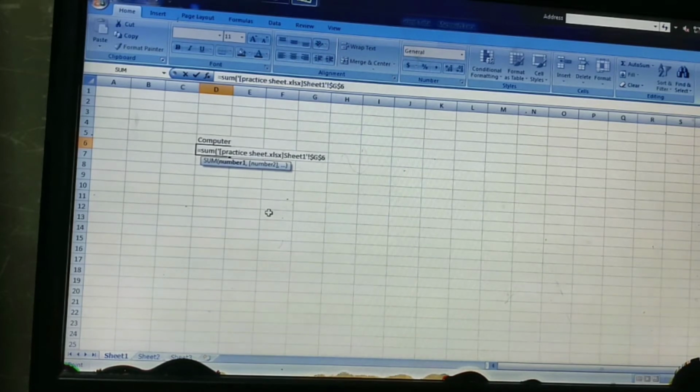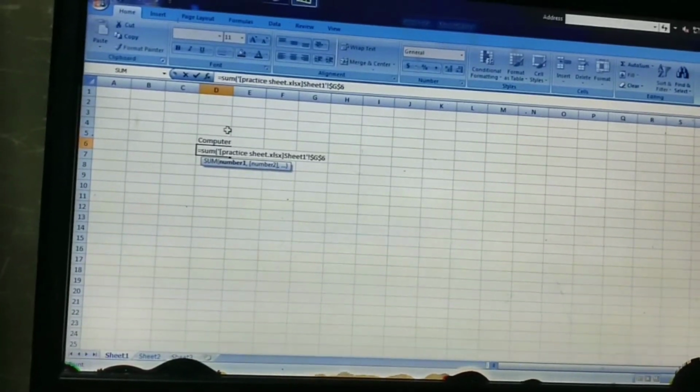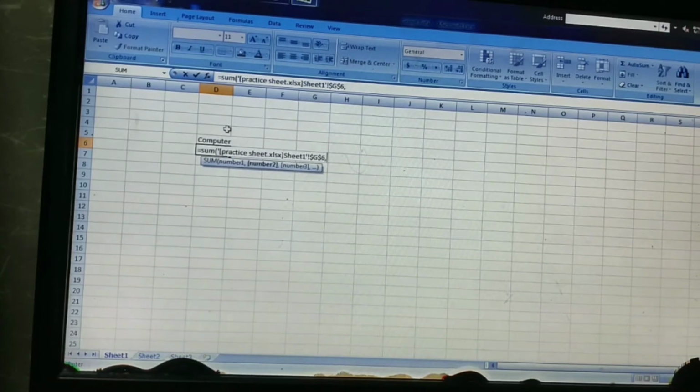You can type it manually, or select the cell. It's better to select with the mouse, because when we type manually sometimes we forget something, or any formula or bracket is pressed wrongly. So it's better to give the cell address using the mouse. After giving the first reference, now I need to put a comma.